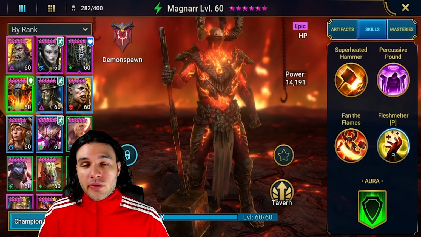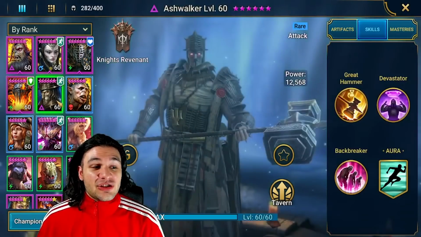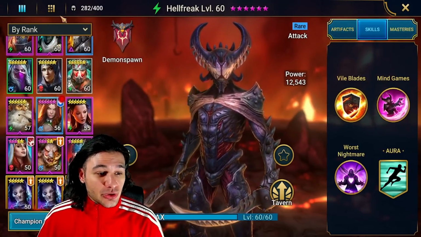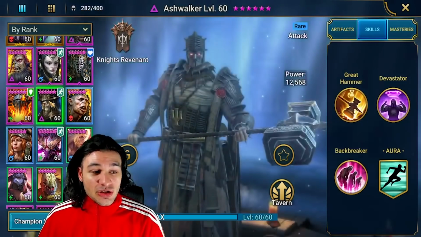So I'm not really going to go over the rares in detail. I looked at their kits, none of them are too impressive. One thing to note is we have 4 total new rare champions here, and I did not see a single new, just making sure I'm correct, yes, I didn't see a single new uncommon. So with 4 new